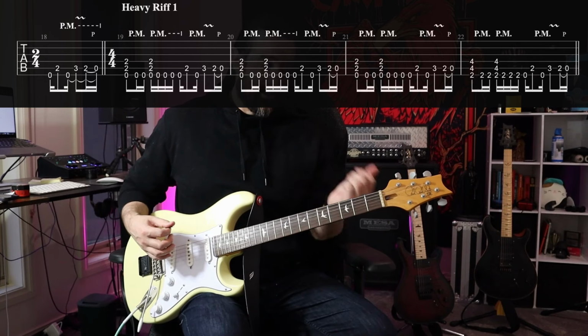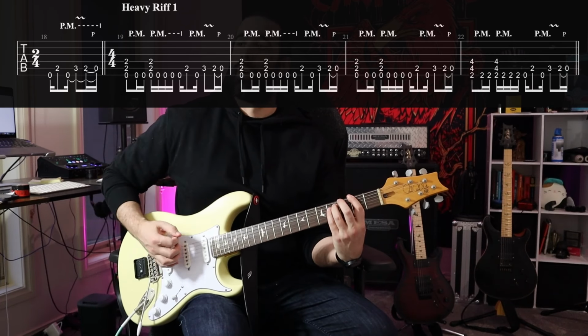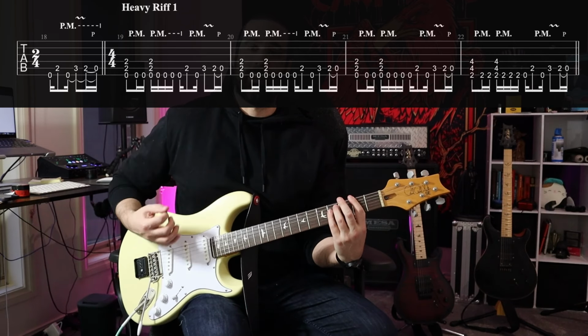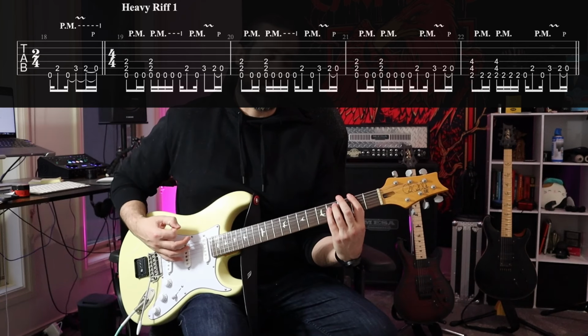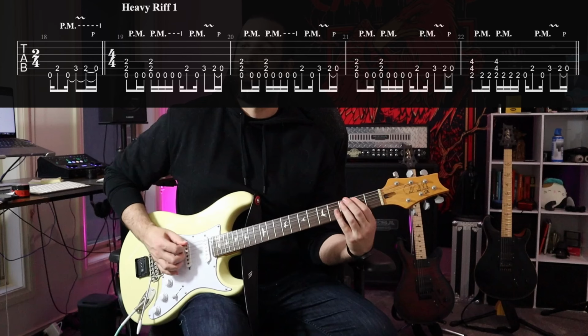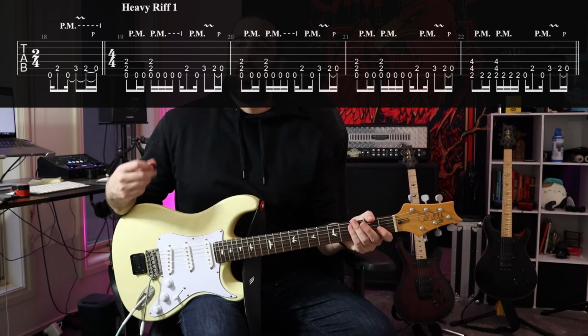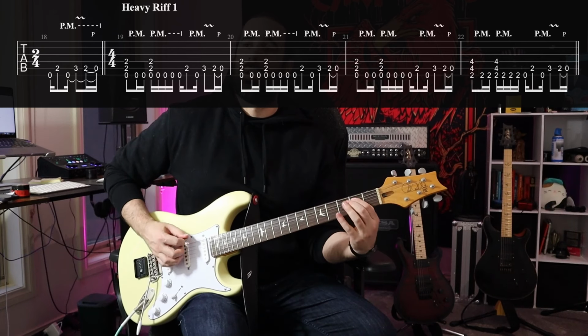Now all we're going to do at the end is then replace that E chord, shift it up a whole tone to F sharp, and we're just going to put our chugs on that 2nd fret on the bottom string as well. So F sharp, chug, chug, F sharp, chug, chug, chug, and then do our fill exactly as before. So if we put this section together,